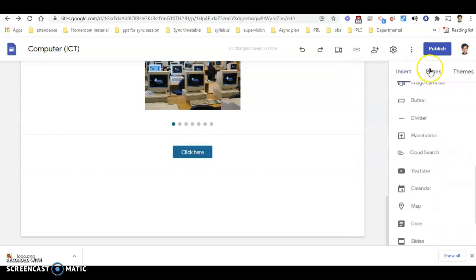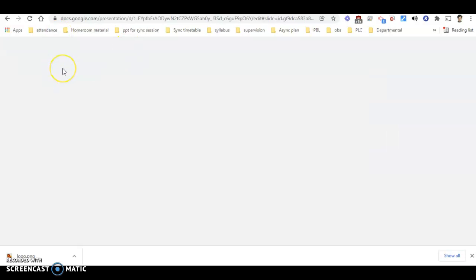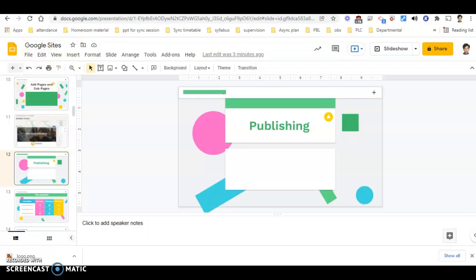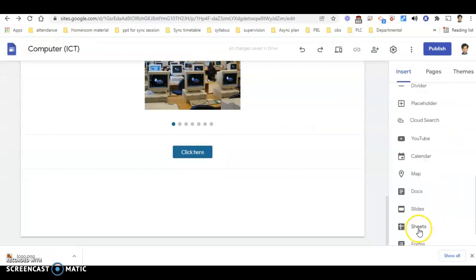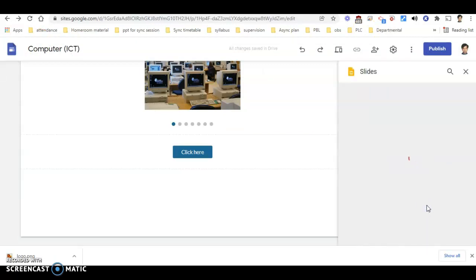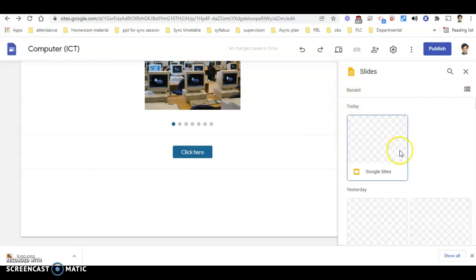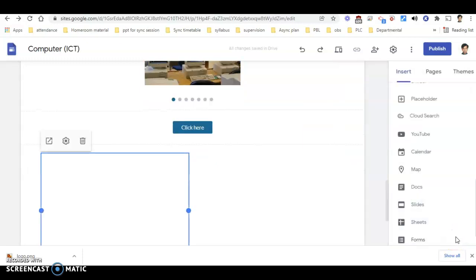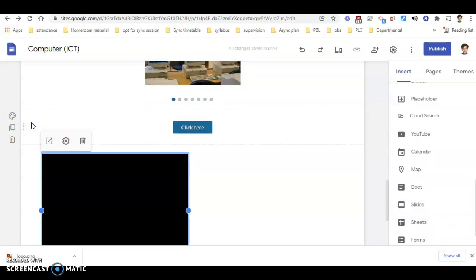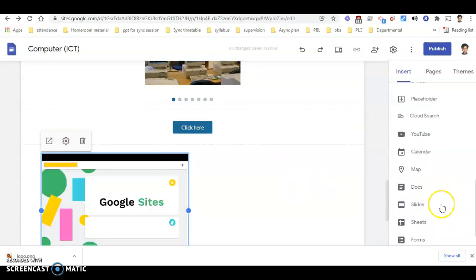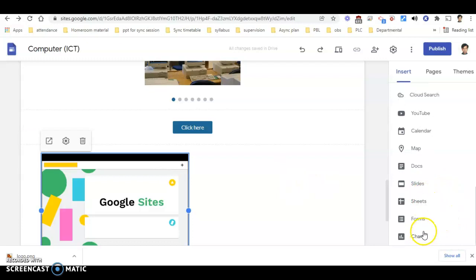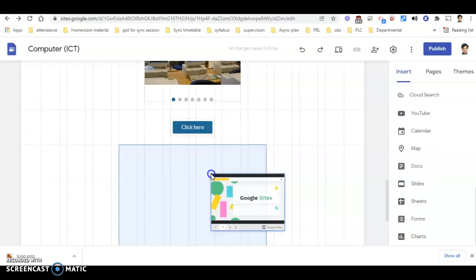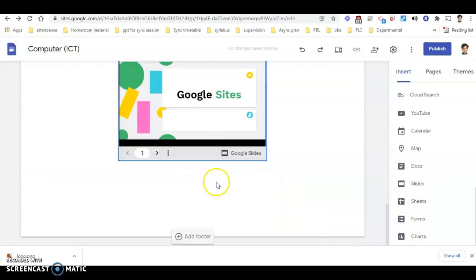I will be trying to insert this particular PPT that is already open, and the name of the PPT is Google Sites. So I will be going under the slides. One of the slides is automatically open, and that is Google Sites on which I am currently working. So recent will be that, yes, and I'll try to insert it. So you will be able to see that the Google Sites has been inserted over here like this. You can insert doc, you can insert sheets, form, charts, whatever you want. And if you want to make it at the center, definitely you can do it.